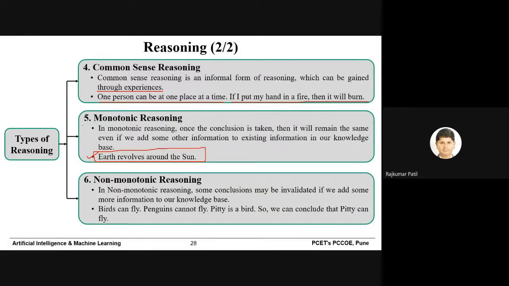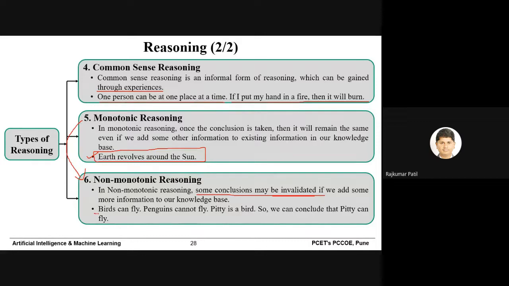On the other hand, there is another type which is called non-monotonic reasoning. In contrast to monotonic reasoning, here some conclusions may be invalidated if we add some more information to our knowledge base. Whatever conclusions we are drawing here will be affected by external parameters. Right, for example,